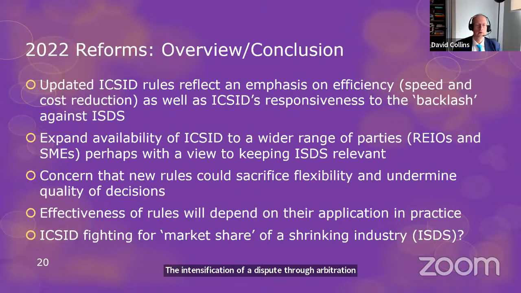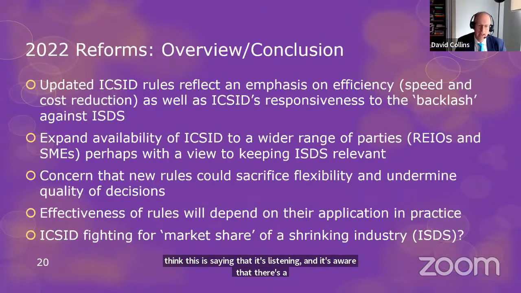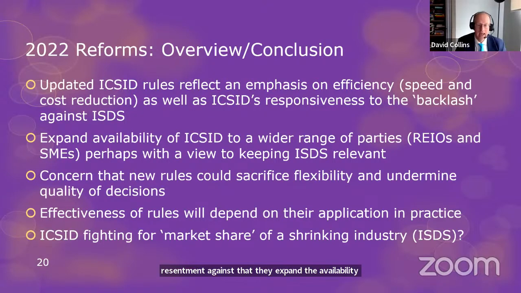Okay, so just to conclude very briefly and generally everything that I've said. Overviews and conclusions. The updated ICSID rules reflect an emphasis on efficiency, that's speed and cost reduction, as well as ICSID's responsiveness to what many have called the backlash against ISDS. I think this is ICSID saying that it's listening and it's aware that there's a resentment against that procedure. They expand the availability of ICSID to a wider range of parties, including REIOs and also SMEs by lowering costs,